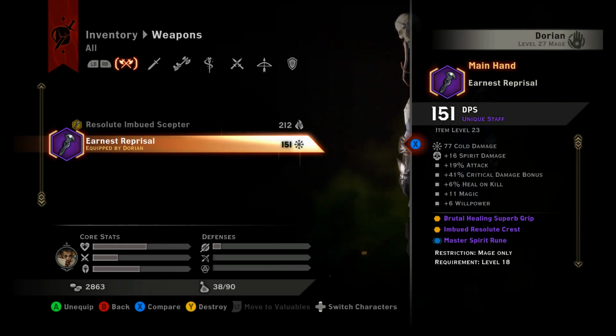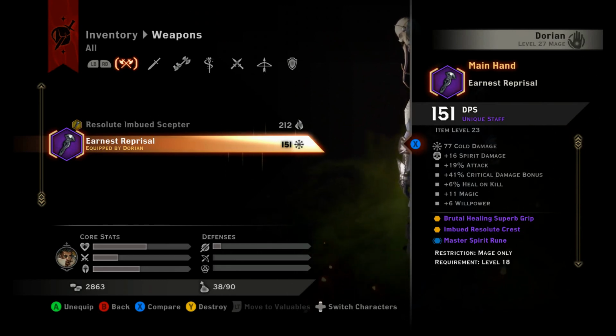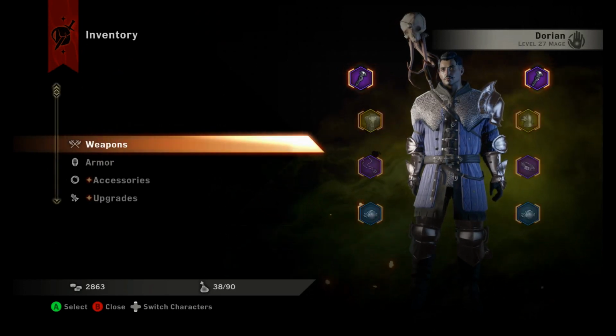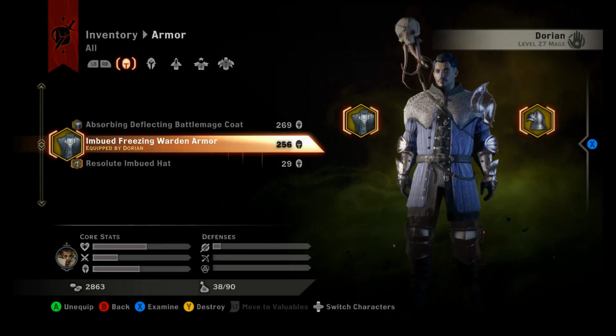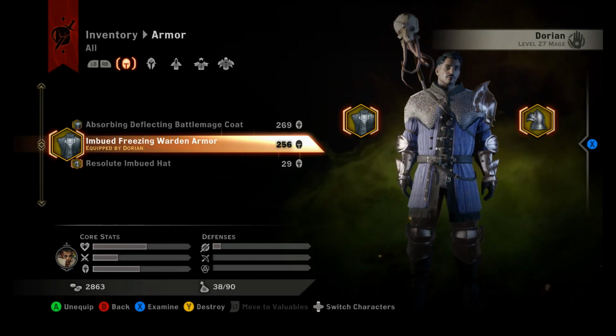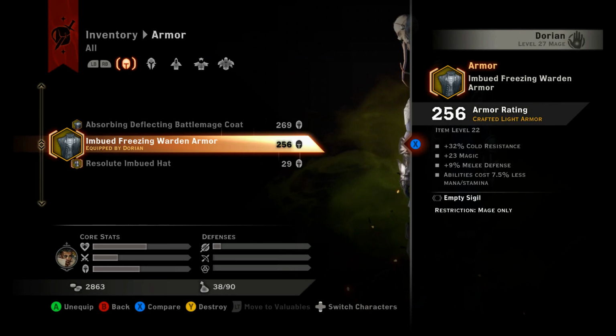And because a Necromancer is more of a spirit kind of build, I kept the Master Spirit rune that was in there, just to add a little bit more spirit damage. So that is my main weapon, and then I am wearing this crafted chest piece, or just armor piece, excuse me. I give myself some cold resistance,